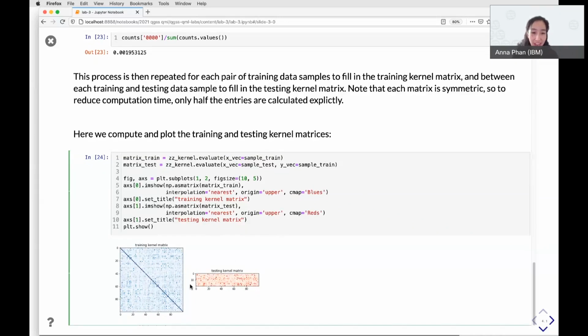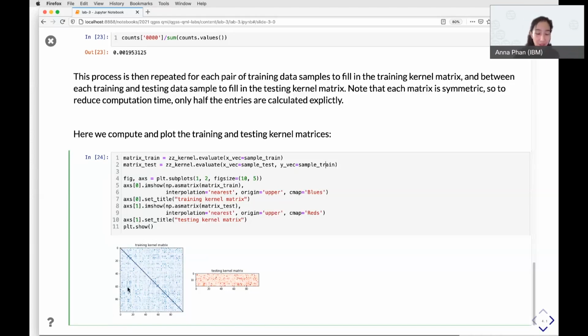Looking here at the matrices themselves, what do we notice? Well, first, the training kernel matrix is square, and that is good because we're calculating the measure of similarity between every data point in the training data set with every other.